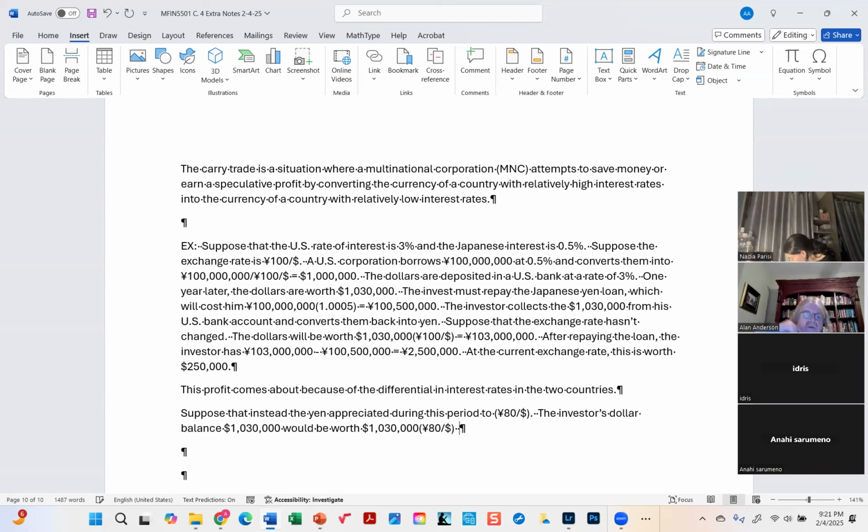And instead of 103 million, it would only be worth, to multiply this out, and we get 82,400,000 yen. Okay. So after repaying the loan,